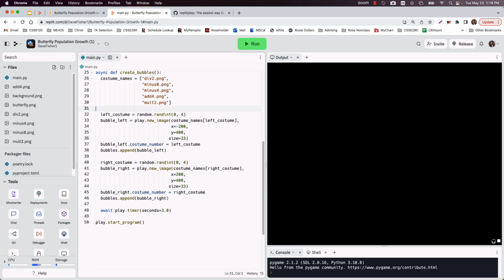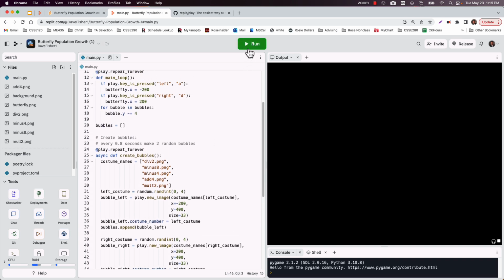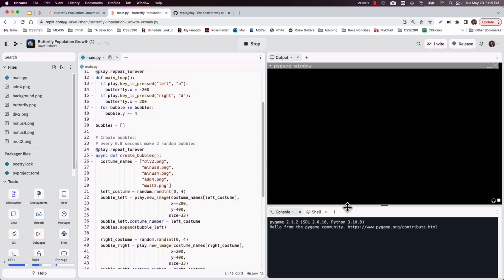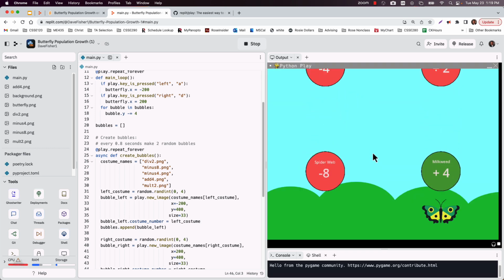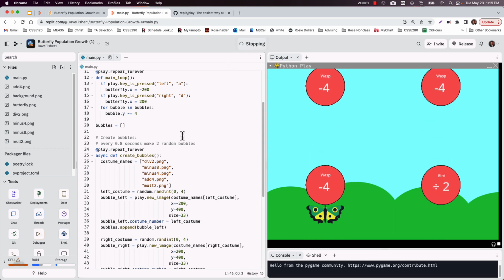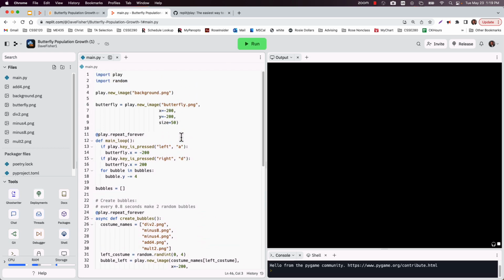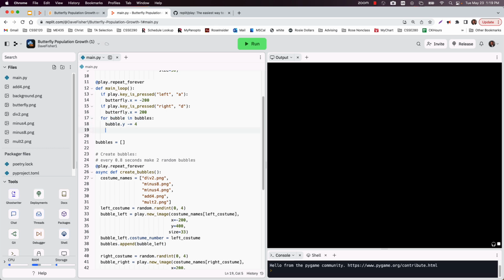Cool. All right. I am happy with the creation of bubbles. I'm happy with bubbles falling. I think what I really want to do is I want to start catching bubbles or making bubbles disappear if I don't catch them. So let's go ahead and focus on those things. So we've already got a loop that goes through all the bubbles. And probably what we want to do next is we want to say, hey, if the bubble is touching the butterfly,